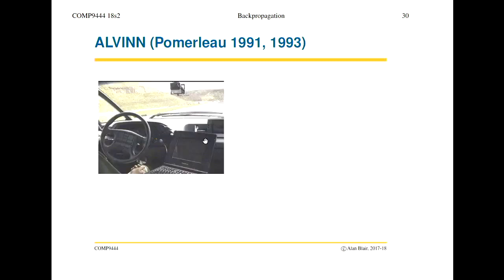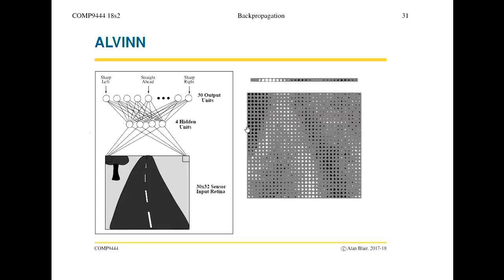This was very early work in autonomous driving in Pittsburgh in the 1990s. Autonomous driving has come a long way since then. But these guys, using a 2-layer neural network, were able to drive all the way from the east coast to the west coast of the United States with this kind of technology. The hard part was getting onto the freeway and then getting off the freeway at the other end. Once you're on the freeway, things are much simpler.